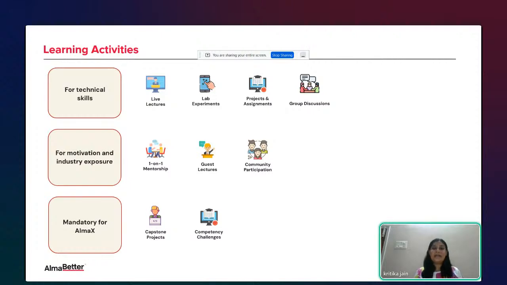Okay, so what are the learning activities you generally get in the entire 6 months program? For technical skills, we get live lectures, lab experiments, projects, as I already shared, and then definitely group discussions. For motivation and industry exposure, you get one-on-one mentorship and guest lectures. We are also tied up with renowned IIT Guwahati, so we get guest lectures from IIT Guwahati mentors as well,